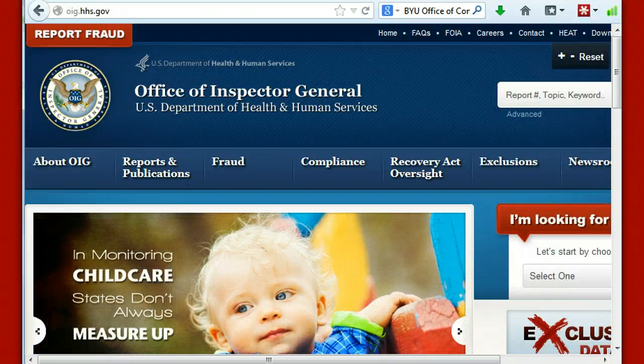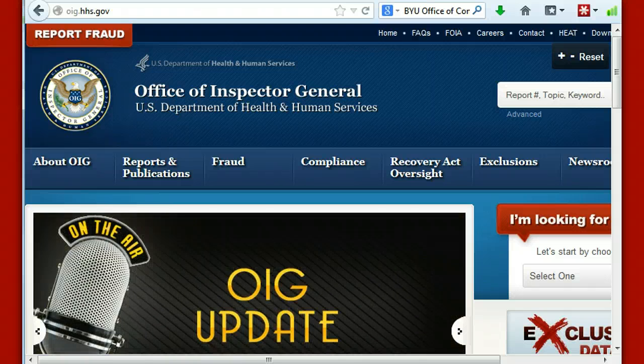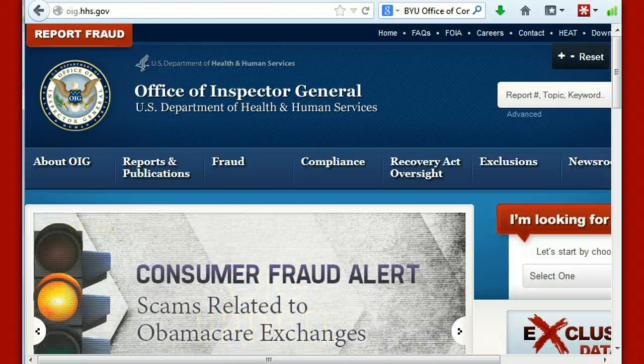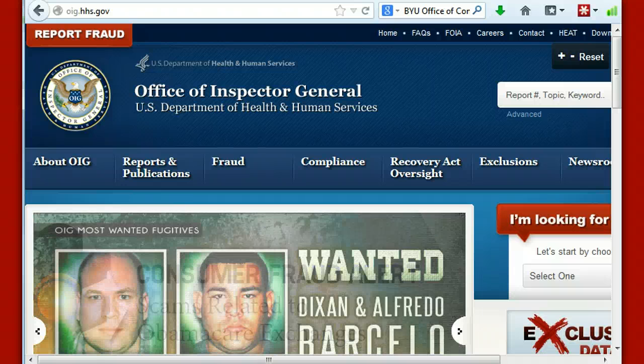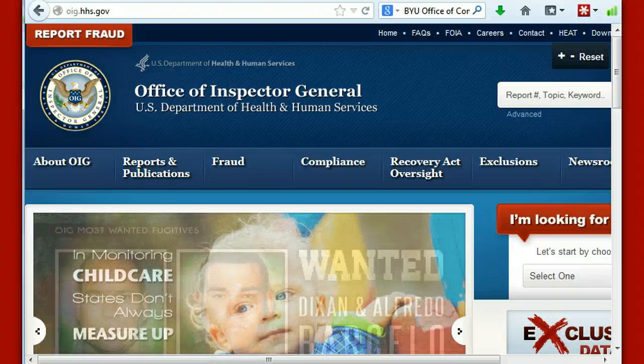Today we are going to review the use of the OIG audit reports and resources. As you know, the Office of Inspector General provides both auditing and educational services to the Department of Health and Human Services and providers. Today we're going to talk about the Office of Evaluation and Inspections and the Office of Audit Services. If you navigate to the Reports and Publications tab,